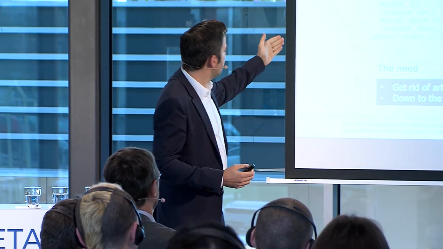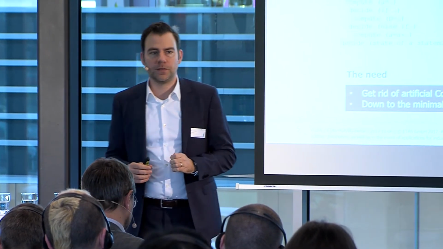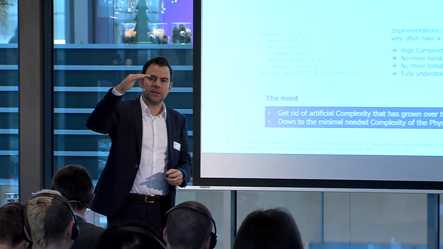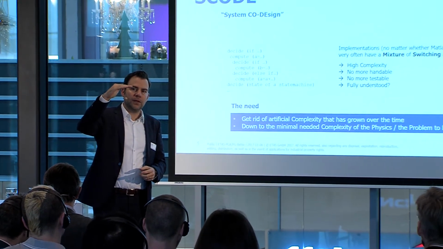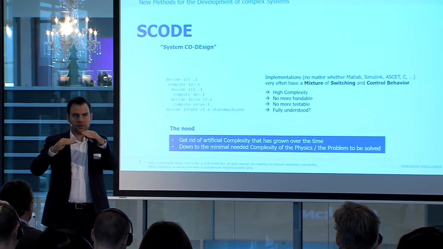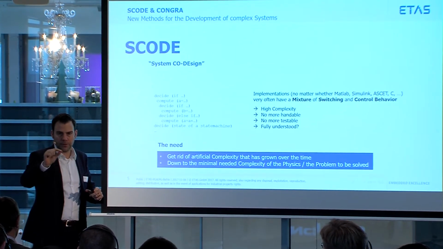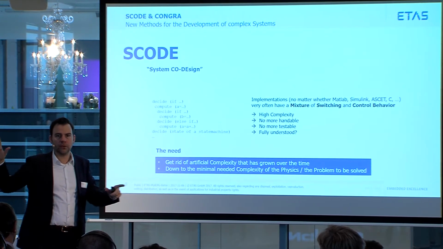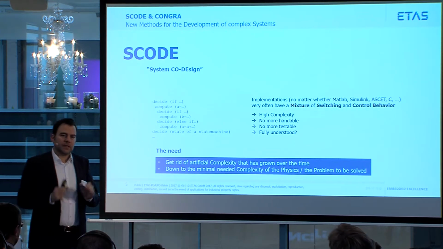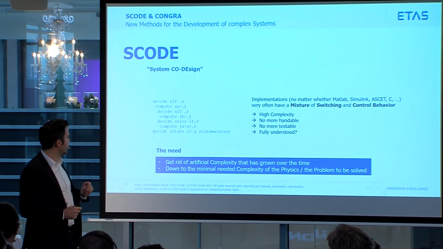So it is all about reducing complexity, and in abstract terms, you can see the main finding that leads to complexity. No matter whether it's C, ASCII, or Simulink, you always find that something is decided, a switch, then there is some computation, then there's a decision, more computation, decision. So whether these are switches or characteristic maps, a switch, or in C, if else, if else, if else. You know, that's what you find. And this is the reason why all our software is so complex.